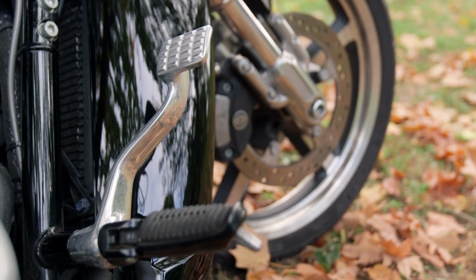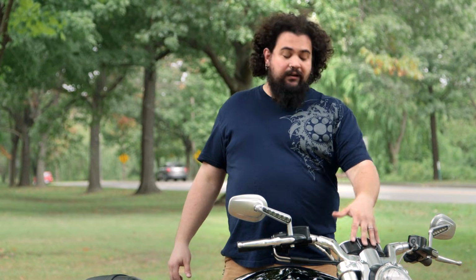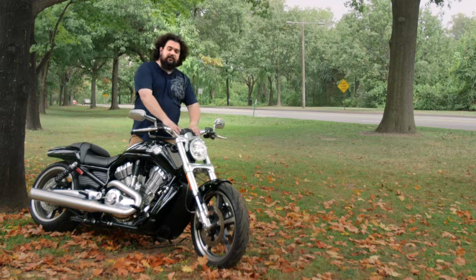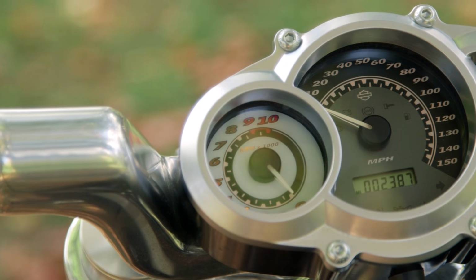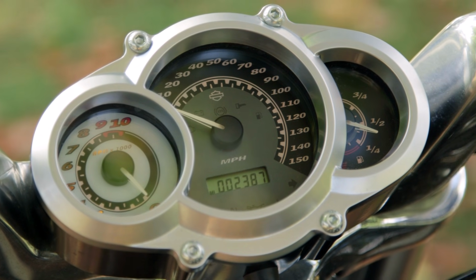Some of the other stuff I didn't dig about it is a little less important, but it still bears mentioning. Instrumentation on here was really weak. This is a very small dash panel. It does offer a lot of information, but it's not in a particularly usable format. The final nit I had to pick with this bike